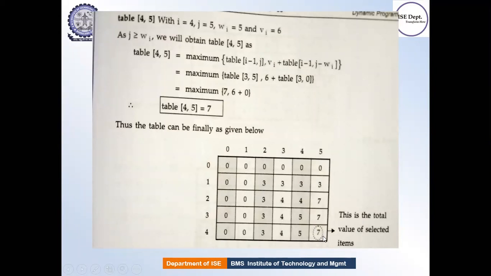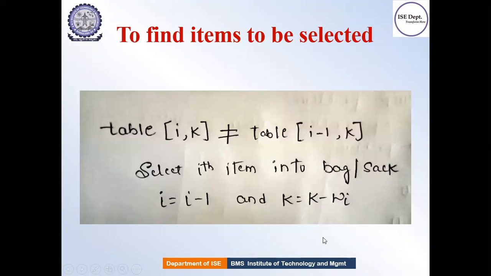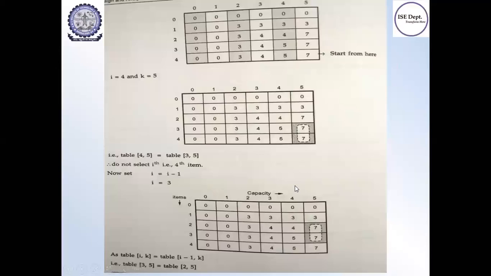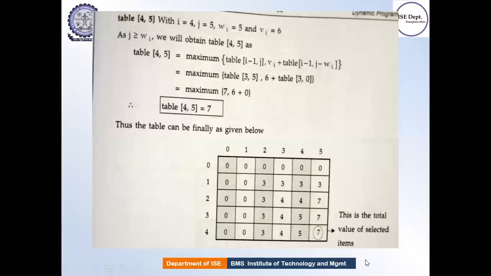Next step is very important here. We know that we should consider the maximum profit, correct? So at the last cell you will get the maximum value, that is 7 here. Now you should start working from here in the backward fashion. Start from here and then go back. Now you should identify what your final result is.